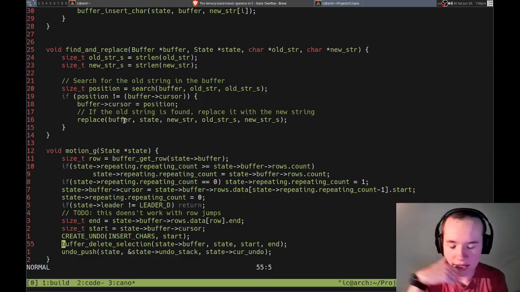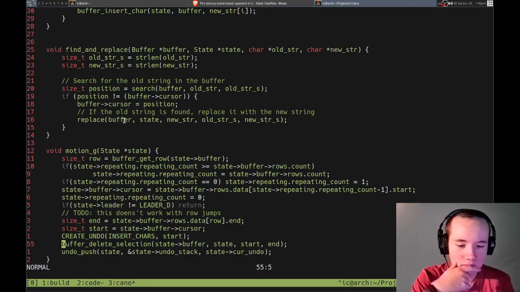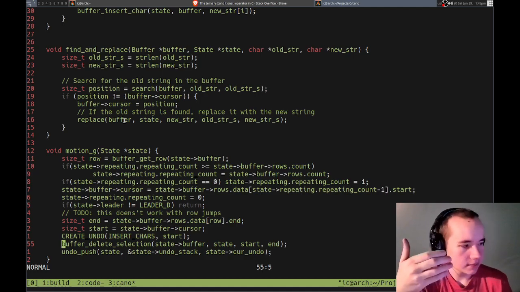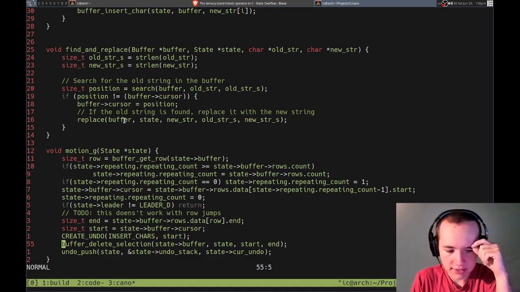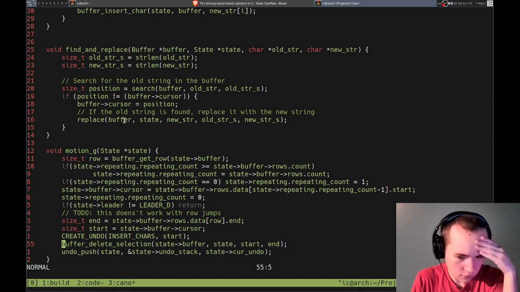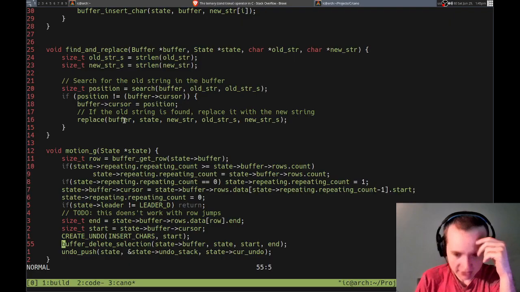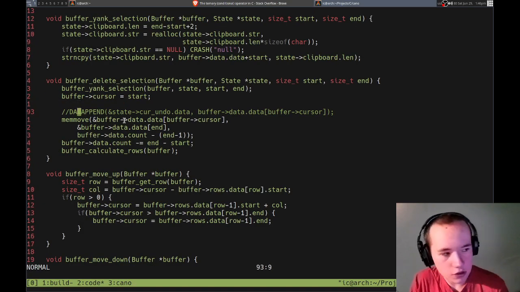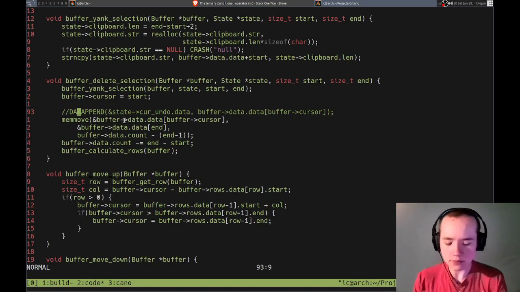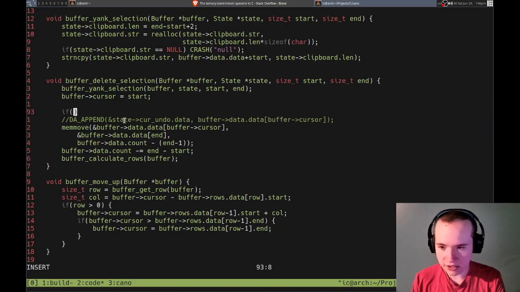So we need to basically resize it. So we need to undo to the correct size. And then we push it. Right. So all that gets handled outside this. So basically we just need to set it to the right size. So that's what the DA append does. But it only is going to work with one. So we need to do if